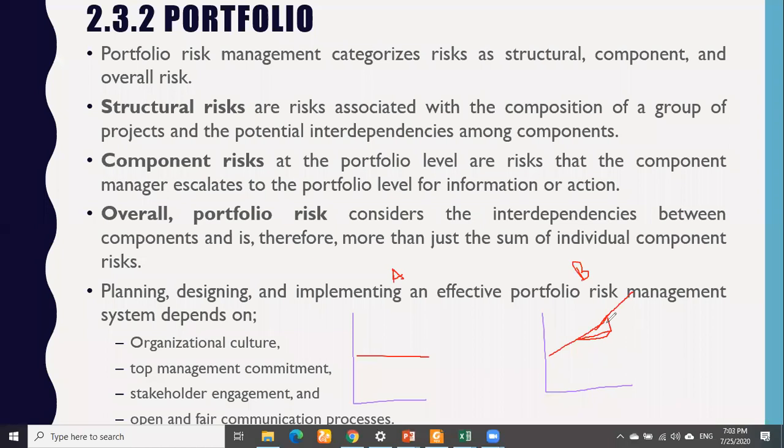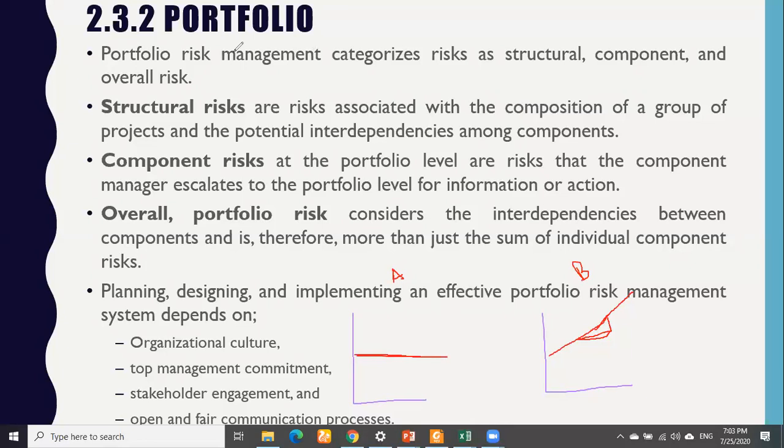And we did discuss that it could be positive, it could be negative, isn't it? Yes sir. Whenever there is a change, that will be known as a risk. But in A, if you see, there is a stability, there is no change. If there is no change, it means there is certainty. And whenever there is certainty, it means there is lesser risk. Very good.